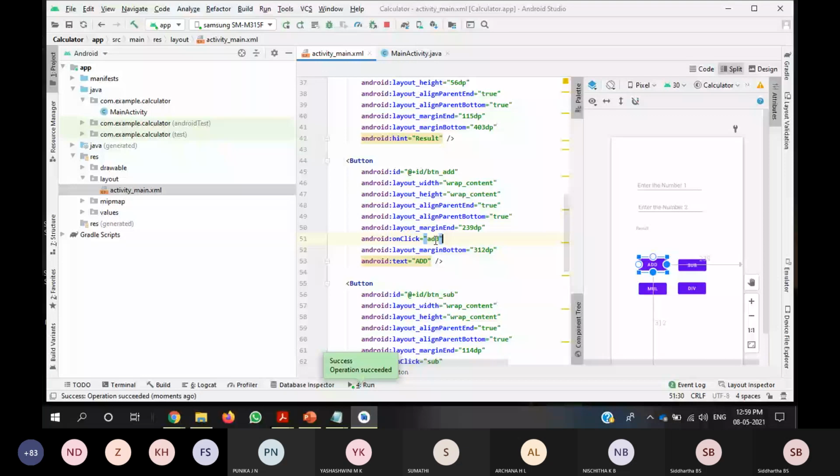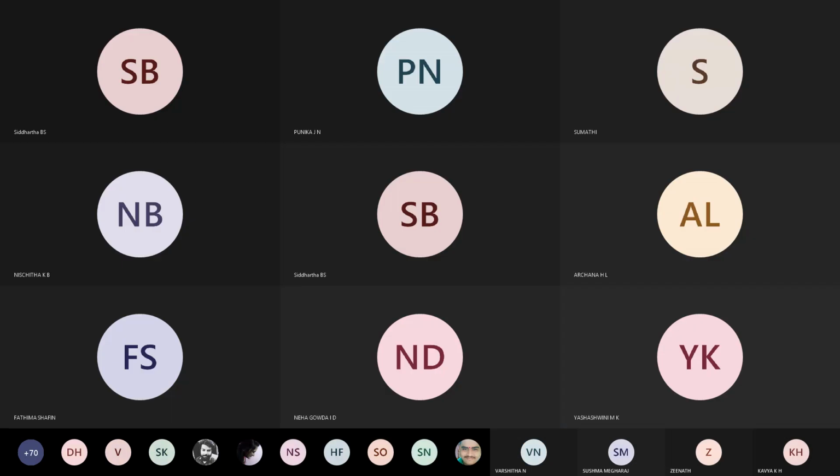Once you get a red mark, click over the cursor and press Alt Enter. You can create the function in MainActivity.java. Okay, so now I will share my mobile screen so that the output can be visible.